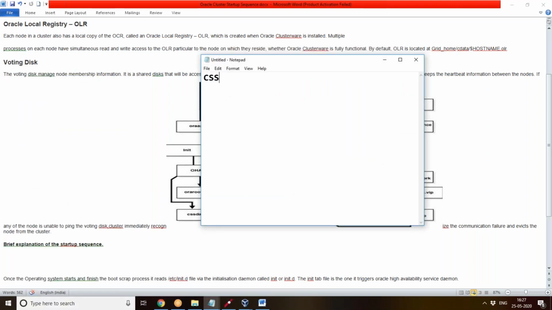CSSD, Cluster Synchronization Services Daemon. Okay, so this is what CSSD is, and CRSD means Cluster Ready Services Daemon.